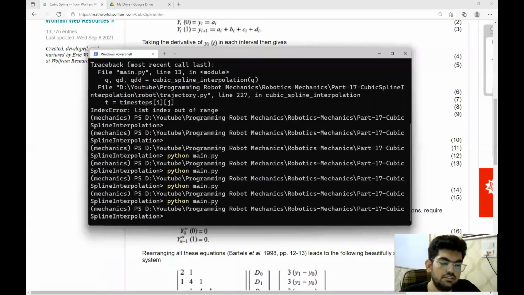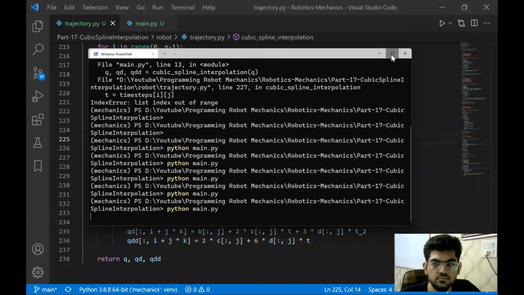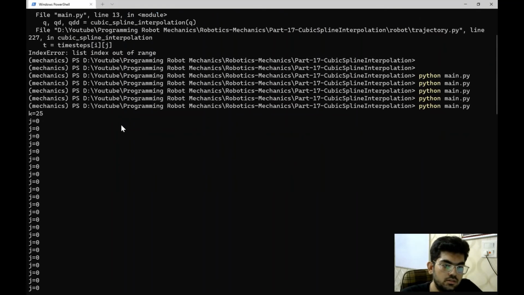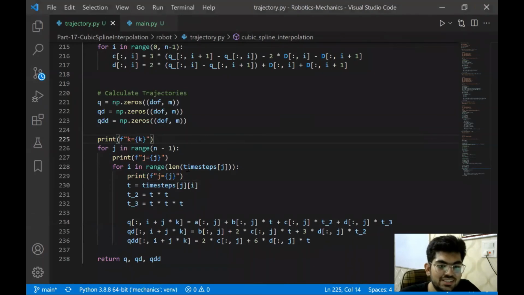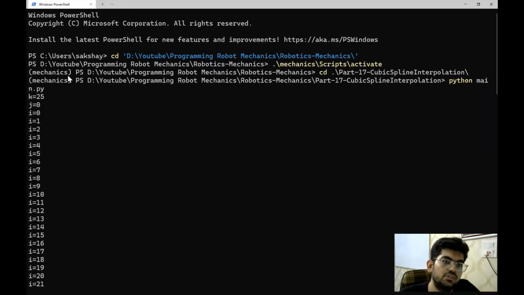Now let's see what the different values are. Oh, only j got printed. Let's see what we went wrong. Okay. All right, so here we have printed.